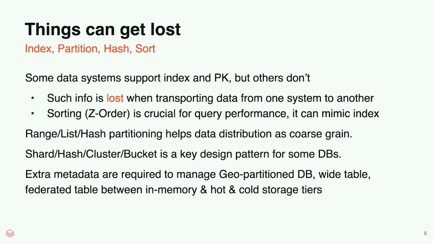So our goal is to say, if one system has richer or additional metadata, we should try our best to flow that data to the next system so that we can make use of it, even though the other system does not provide native support for certain features, right? So this is not an exhaustive list. This is just to try to give everybody an idea what problem space we're dealing with, right? You need to go back and ask, do I need such a feature for my use case? And I want to automate something. I want to take advantage of this additional metadata. So this just gives you some idea about that, all right?